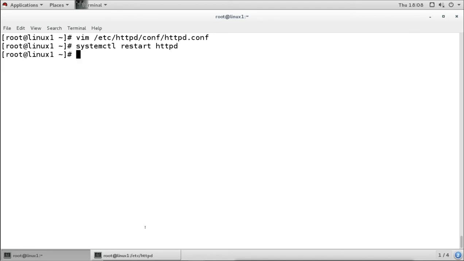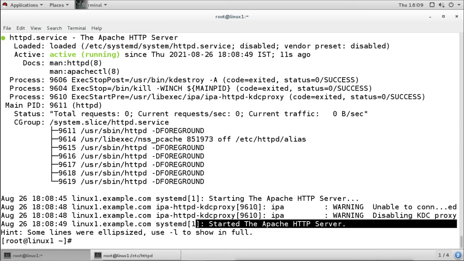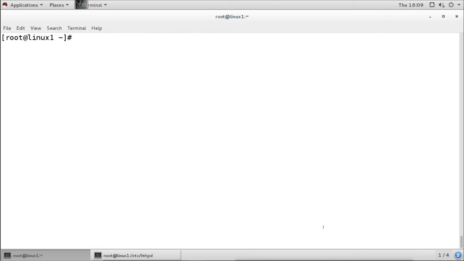And now when we see the status, it will not show that error for name resolution, for resolving the server name. So it is not showing that error here, that could not reliably determine the server name, because now it is determining the server name. It knows the server name, and this other services error is still there, but the server name is now found. So this is how we configure the default web server for the default website.